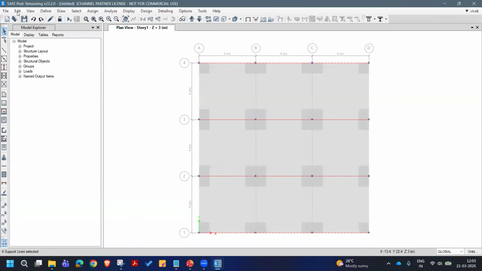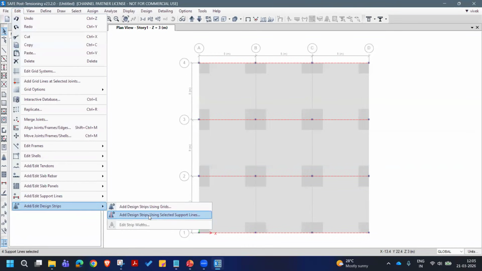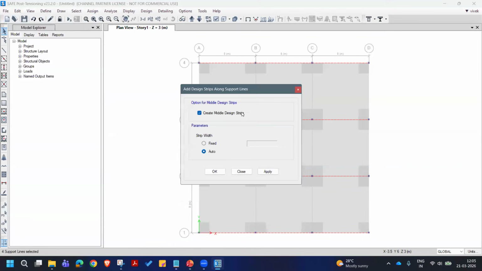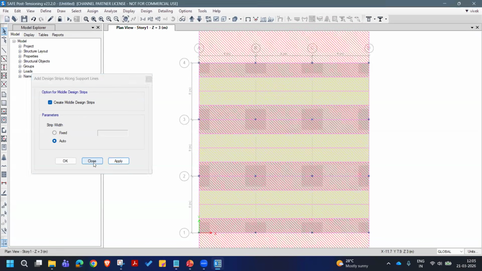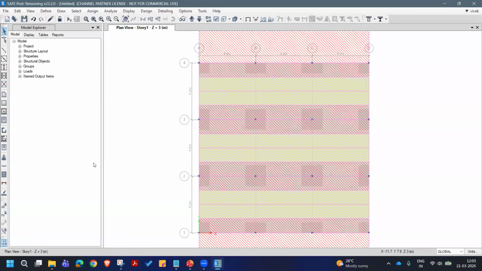Sorry, support lines are drawn. This is for the design strip. Add design strip using selected support line. Similarly, whenever you generate, you can include the middle strip or this fixed width or auto. So with auto, you can see it can also generate easily,